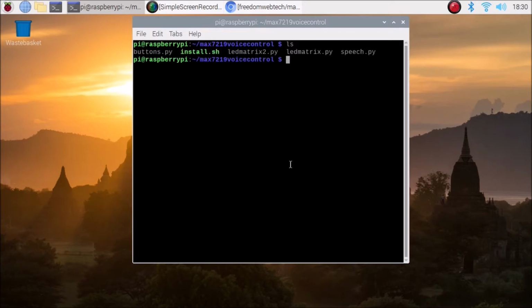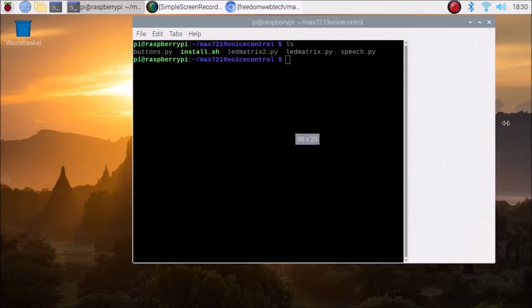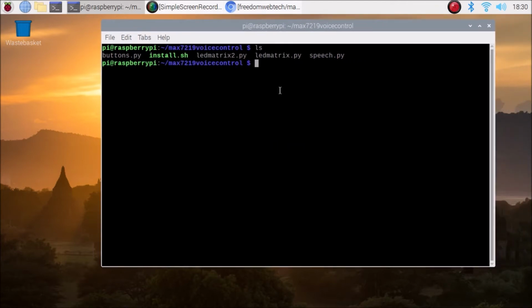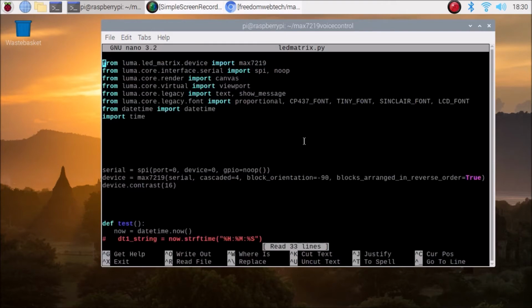As you can see, the bash script has run successfully. Now if I run the ls command, first we are going to set the text on our display manually. For that we need to open the LED matrix.py script. So sudo nano LED matrix.py. These are all the packages, the Luma packages.